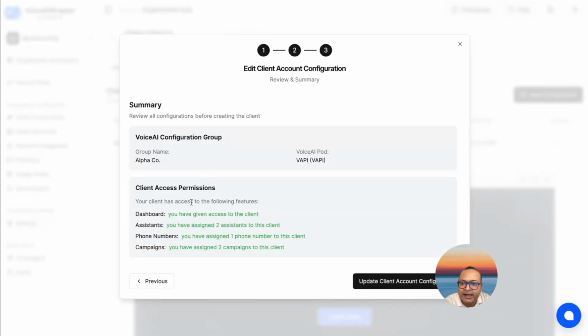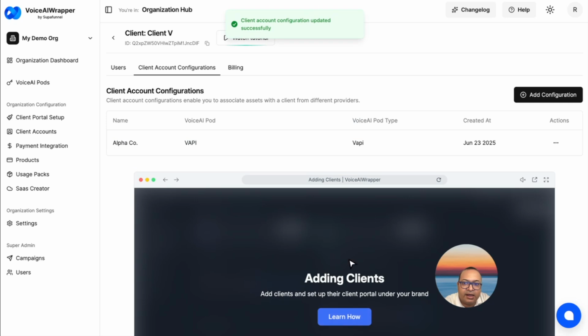I get a summary page which says, okay, this is what your configuration looks like. I have given them access to a dashboard. I've assigned 2 assistants, a phone number, and I'm going to just update. I'm happy with this. So now the last step would be to associate billing with the client. I'm going to do a separate video on how to set up products. But for billing,